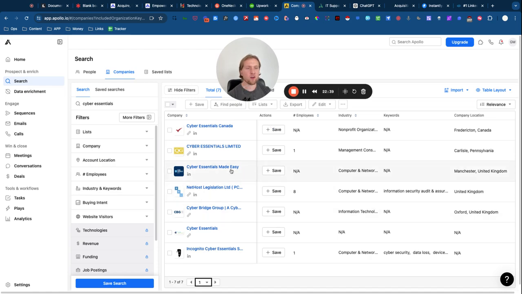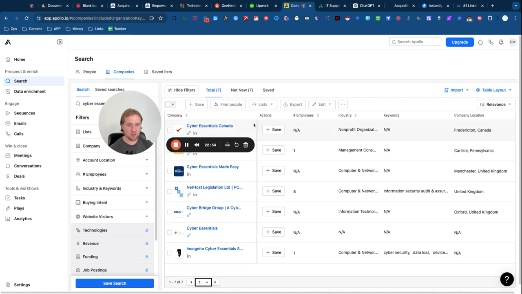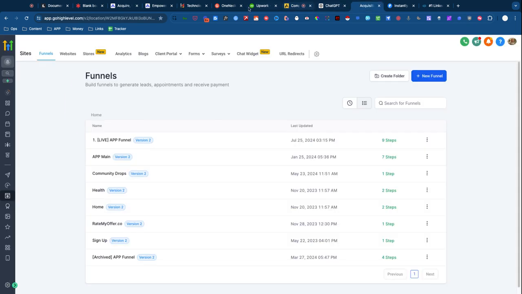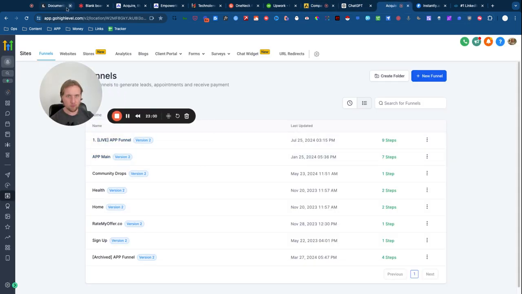So it's a way of finding lookalike companies and reverse engineering the types of companies that you know have already, in a proven, demonstrable, evidence-based sense, actually paid money for the same service that you're going to deploy in this offer. Okay, so hopefully that makes sense. It's a little bit confusing, but hopefully that makes sense, right? So then what I do from there is I know that I've got a general kind of industry.